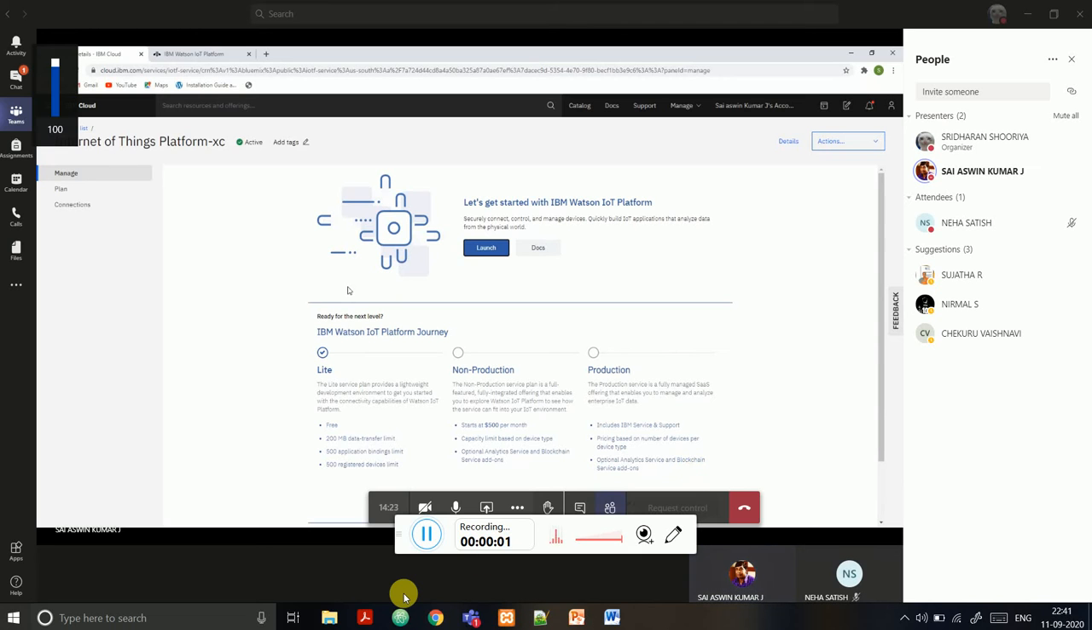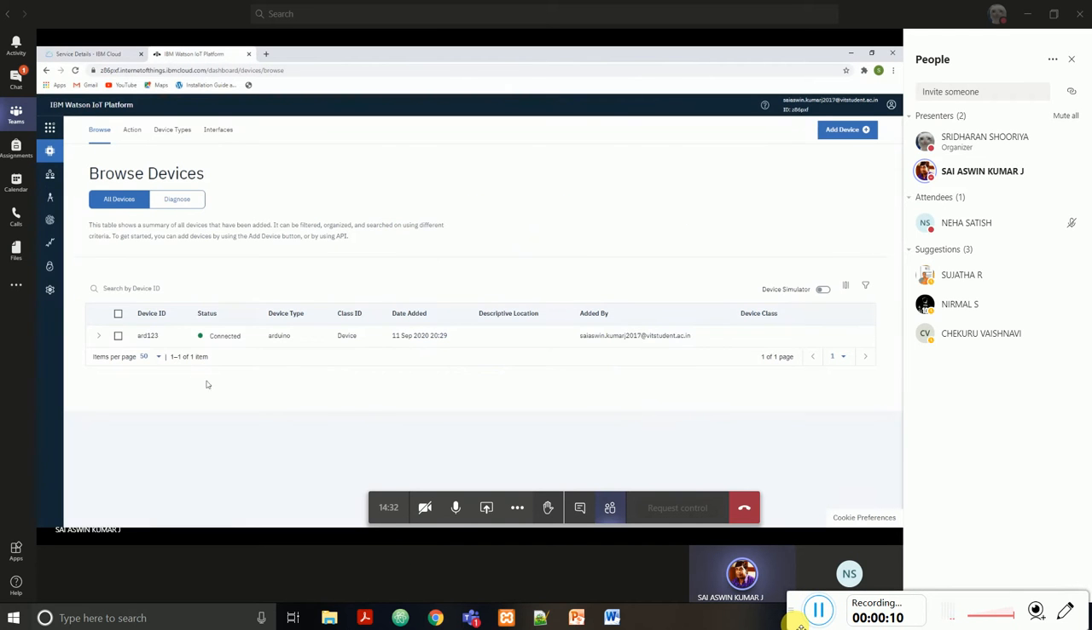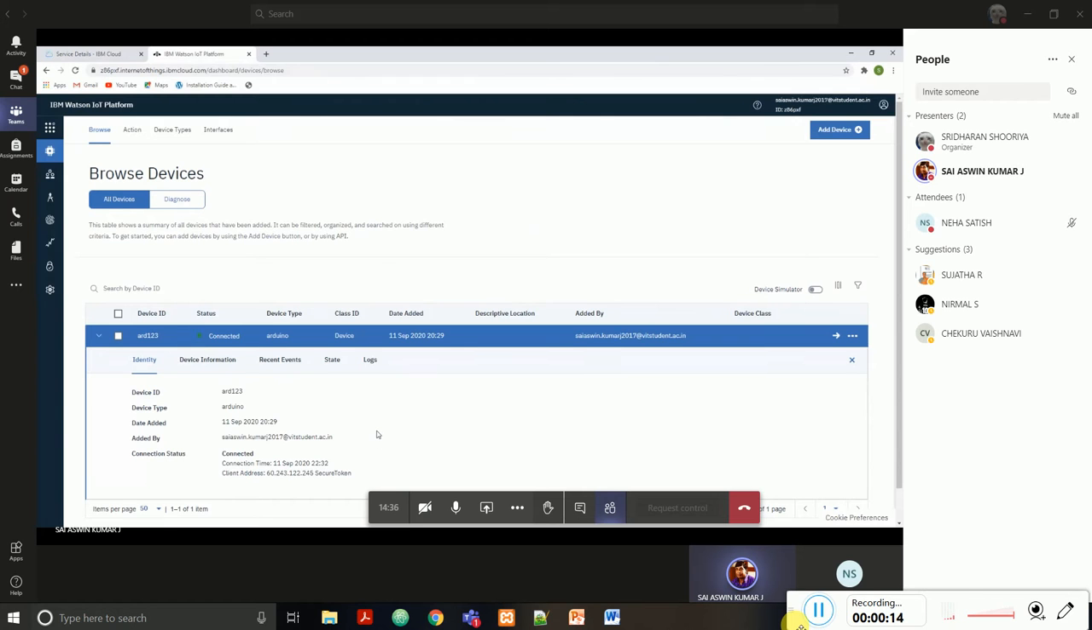If you see, this is the IBM Cloud platform in which we are doing the Internet of Things. We have started the Watson IoT platform, and we created a device called ARD123, which represents the Arduino. And then what we've actually done is,